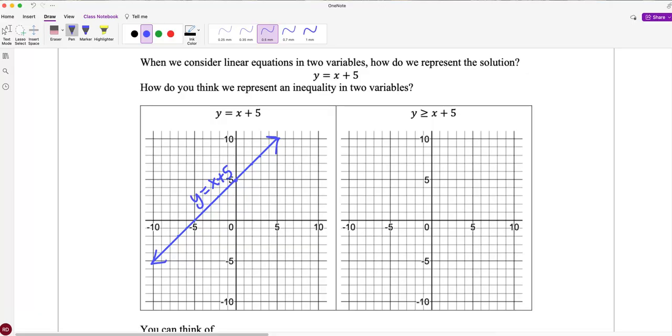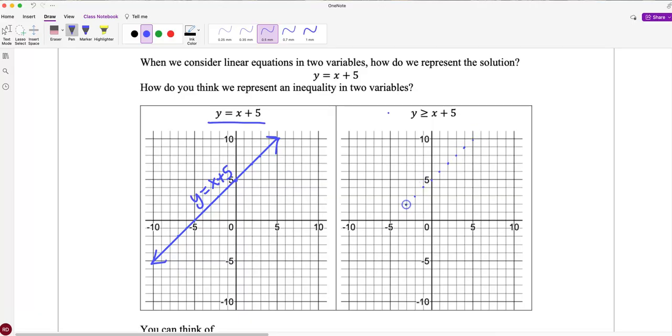solutions to that equation. Now, what would it mean if I said y is greater than or equal to x plus 5? Well, this one is the set of all y values that are equal to x plus 5. So you give me an x, I'll add 5 to it and tell you what y is. This one over here on the right says the set of all y values that are greater than x plus 5. So if you add 5 to any number, I want a y value that is larger than or equal to that. So what we're going to do, we're going to graph the same line,